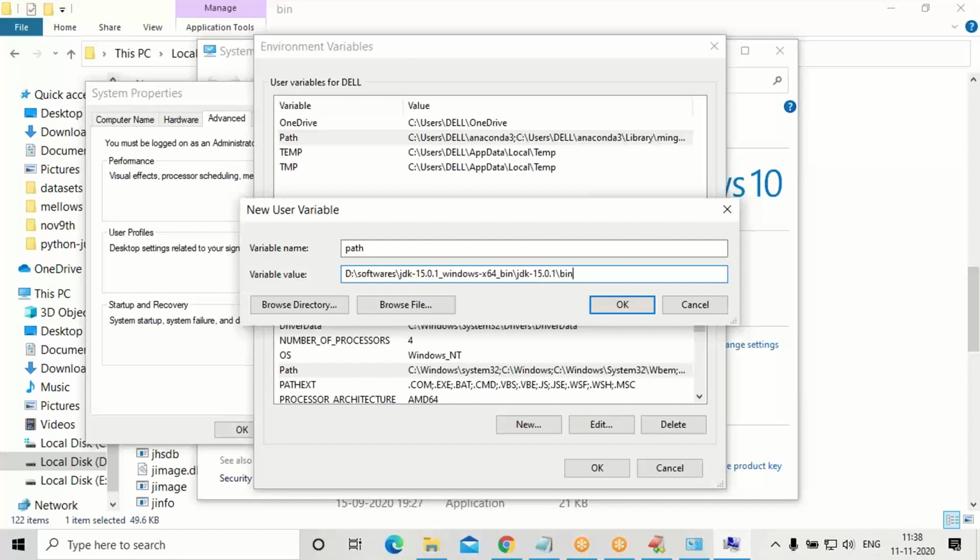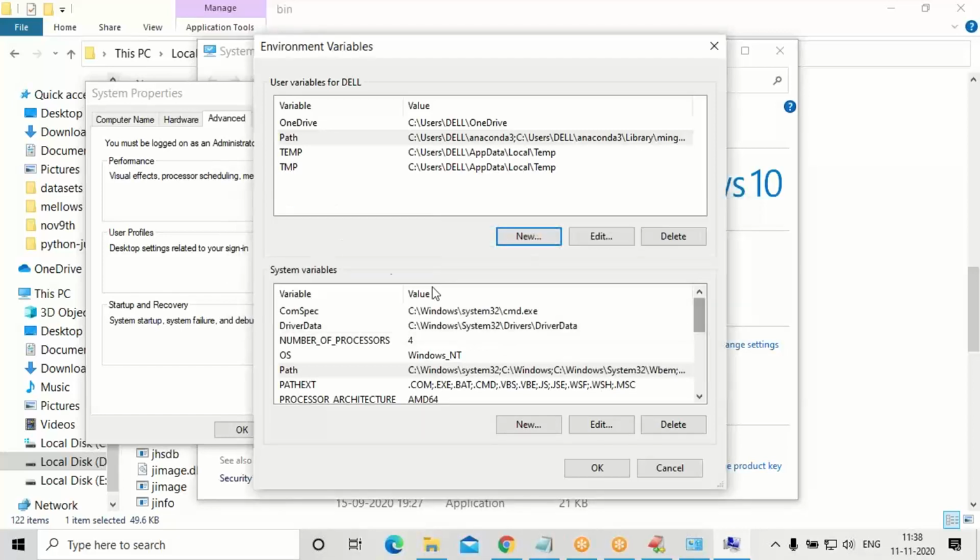Remember, whenever path is not available in your system, go to new, variable name as Path, variable value as the bin folder location, whichever you copied, then click OK. In my system, path is already there. I'm cancelling. So if a path is already there, select the path, click on edit,